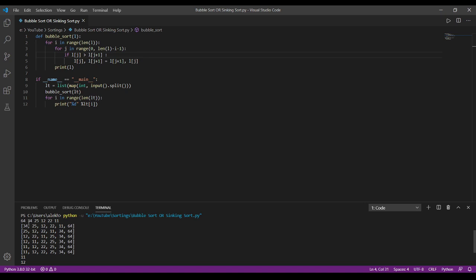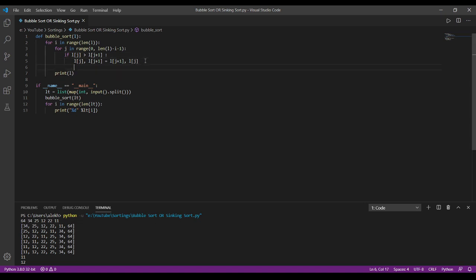Next, 64 and 25 are compared and they are swapped, that is 25 64. Now 64 and 12 are compared, they are swapped, 12 64. 64 and 22 are compared, 22 64. 64 and 11 are compared, 11 64. This is the output of this for loop.